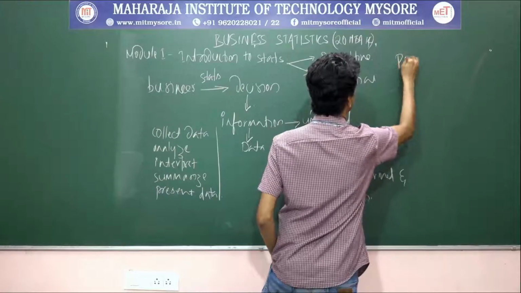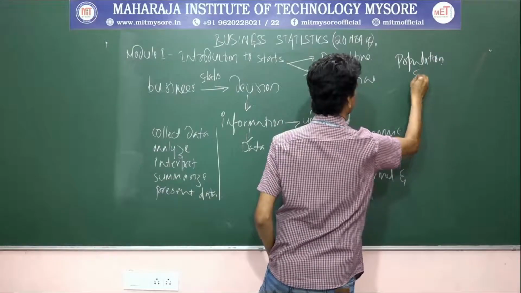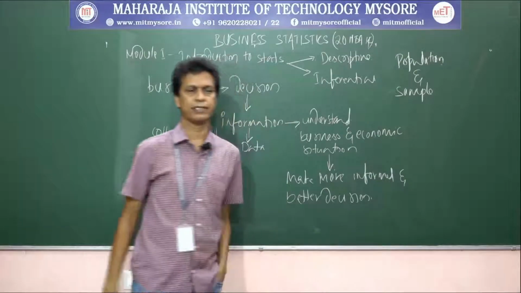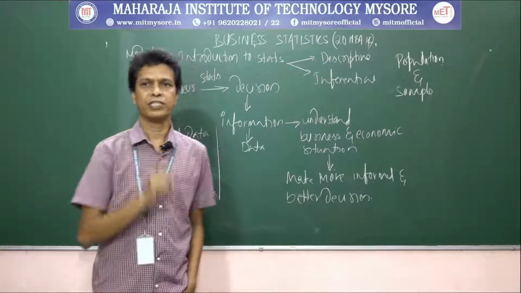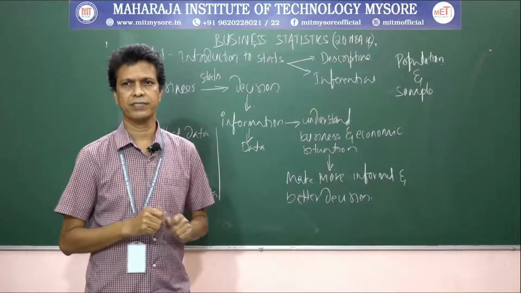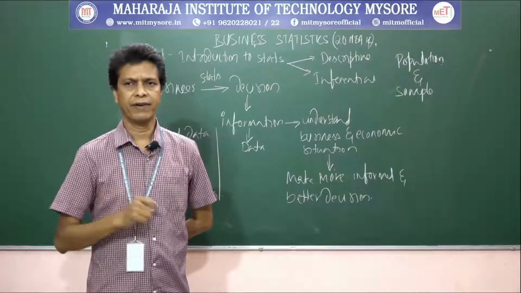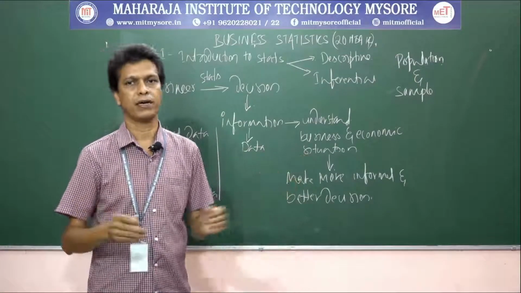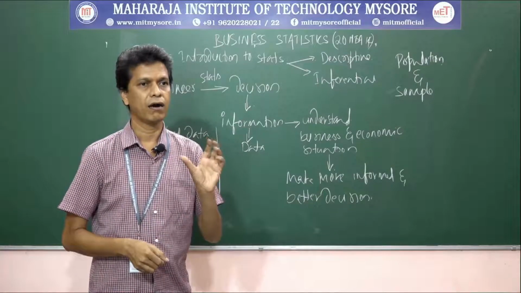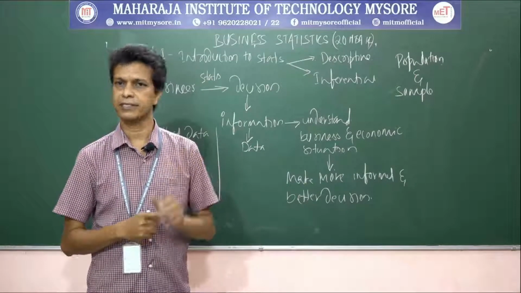And the first thing is population and sample. Let us see what exactly this population is. Population can be defined as a collection of persons, objects or items of interest. The population can be a widely defined category such as all automobiles or all cars, or it can be narrowly defined such as all Toyota Innova cars produced from 2004 to 2006.